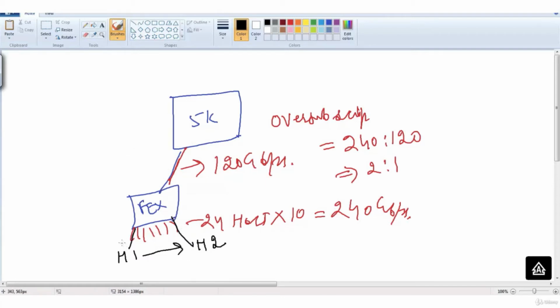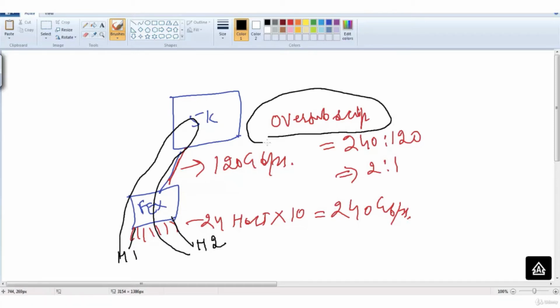If this host wants to access a website on the internet, let's say cisco.com, it will go through this, go to the internet and come back like this. But for inter-port communication, it will also go through this. So this oversubscription plays a very important role here. So how much is the front panel port bandwidth and how much is the back panel port bandwidth?